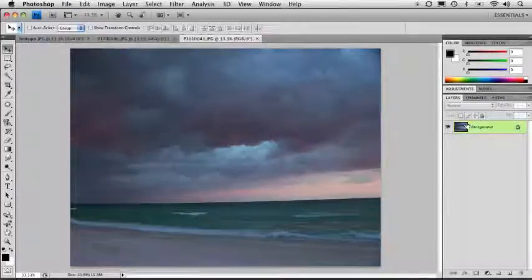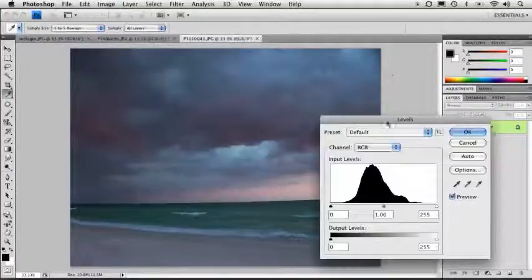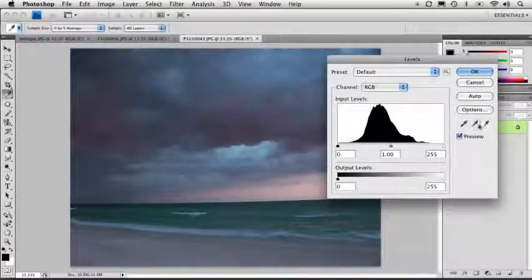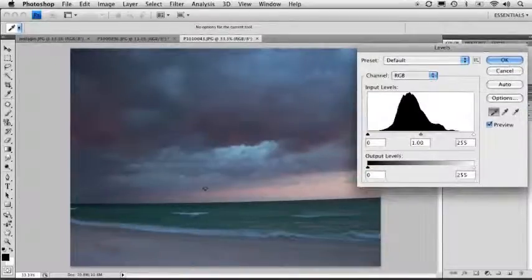Well, another way of using levels, if we go under the image menu again and open up levels, is you can use the eyedropper tools here. And these allow you to set specific highlight and shadow points inside your image. So if I grab this shadow tool, it's represented by the dark eyedropper tool there, and what I want to do is look for the absolute darkest area of my image, or what point I want to be the darkest area of my image. So I can see that it's very dark here at the horizon of the water here,